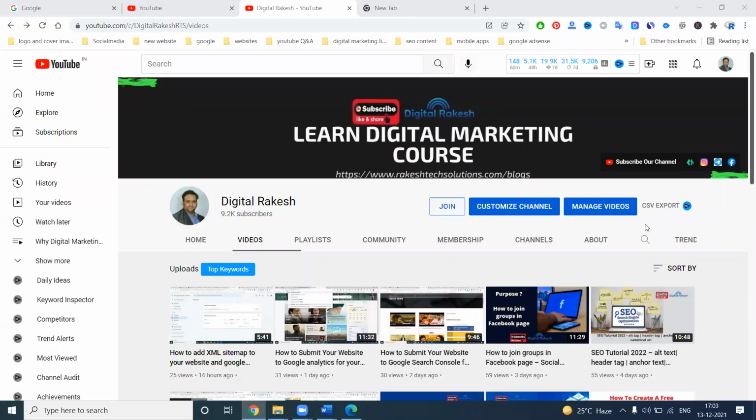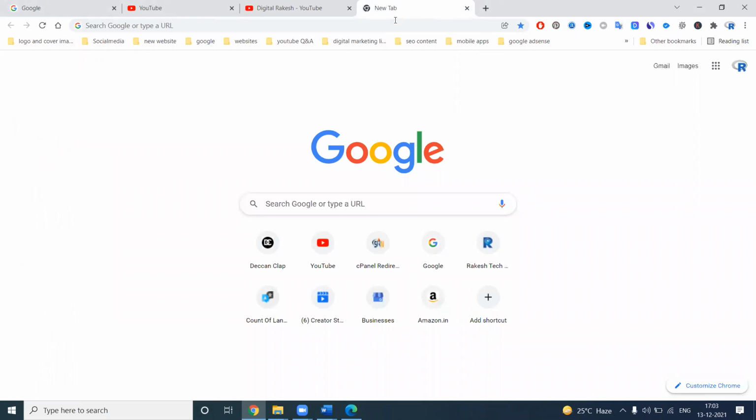So today we discuss the topic of how to create Google My Business. So what is Google My Business? Is it called Google Maps? In Google Maps, how we can create and how we can show your business on Google to people. That is the URL that will be called